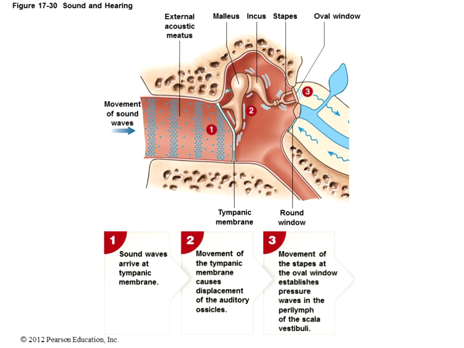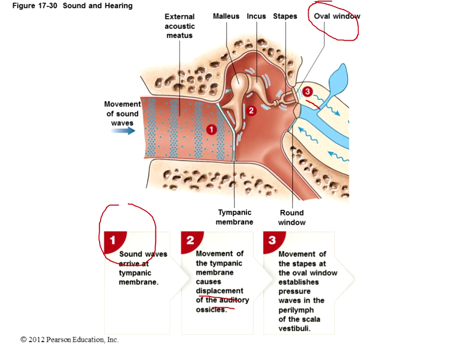In the first step, those sound waves that are produced in any way, speaking, vibration of a stringed instrument, other methods that produce these sound waves, are ultimately going to arrive at the tympanic membrane. Once the tympanic membrane vibrates, that causes displacement of the auditory ossicles. So the tympanic membrane vibrates, the malleus then moves, that causes the incus to move, that causes the stapes to move. So that is like a kinetic chain of motion, and the stapes, as we said, is attached at